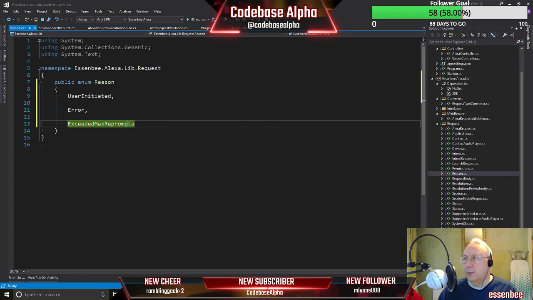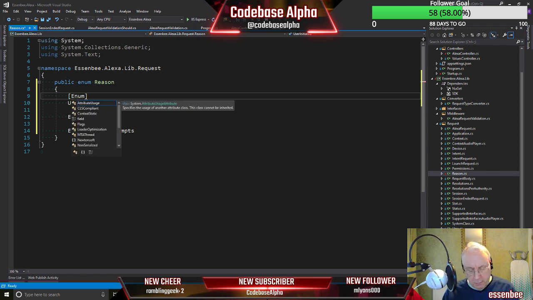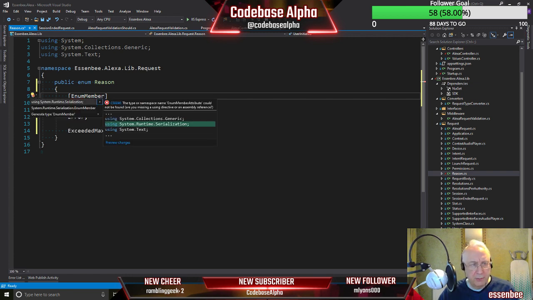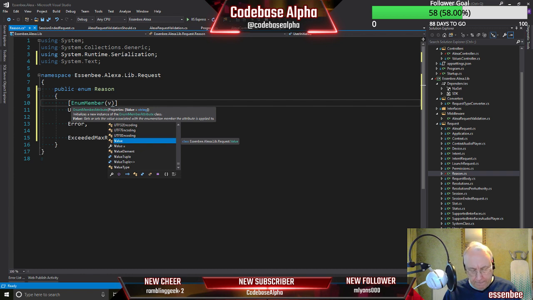What we can then do is define these as enum types, so we should be able to put some text values on them. There is an attribute called enum member, and we're going to need to get that out of the runtime serialization, that's where that lives. And in there we can say that its value is